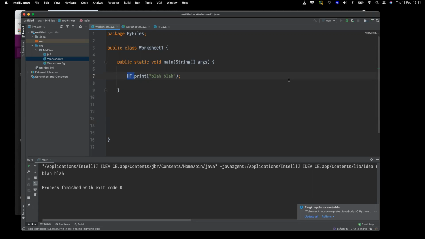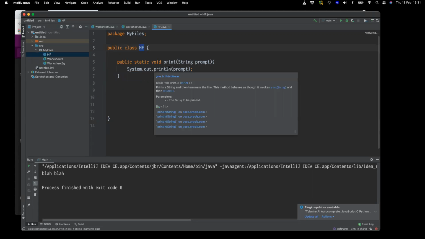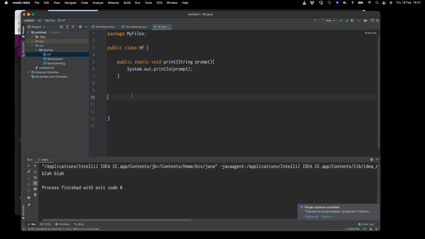So look at what's happened and look at how it worked. I created a file elsewhere. I called it HF. Sometimes you can even call it, this is why I like utils, okay? But I called it HF, short for helper files, right? Yeah, and refactored it, okay? I can in here now add in anything I like, as long as I use the signature public static void, and I need to explain why.